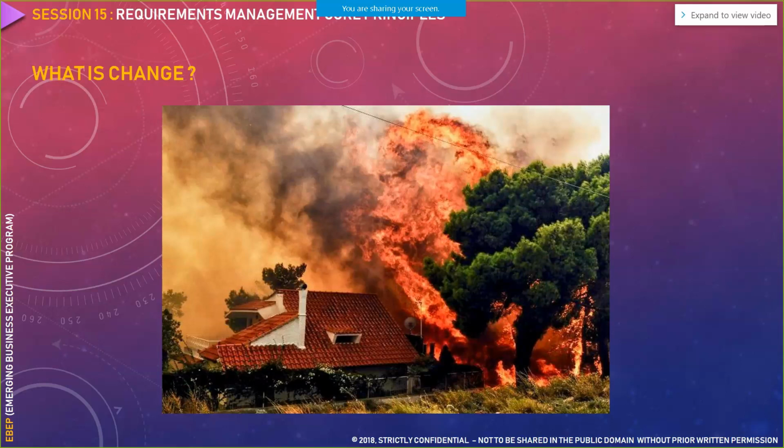Okay, that is fire, that is understood. From a context of change, what could you understand? Critical? Yes. If we don't change on time, then it would be a huge risk at a certain point of time.